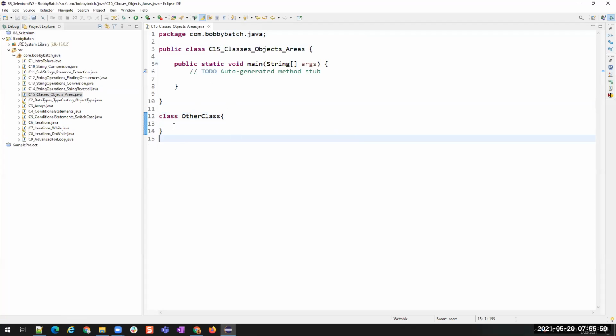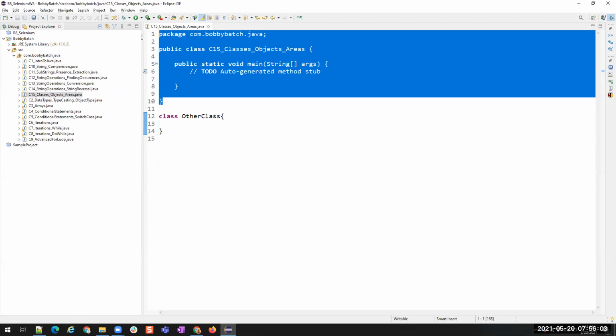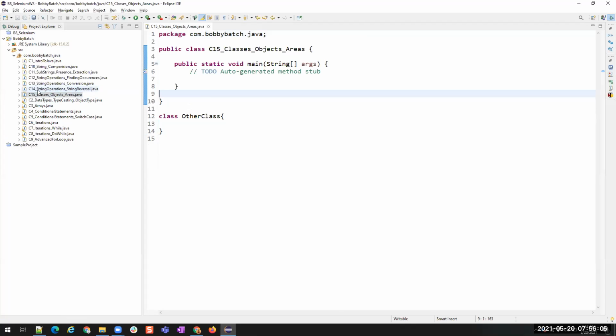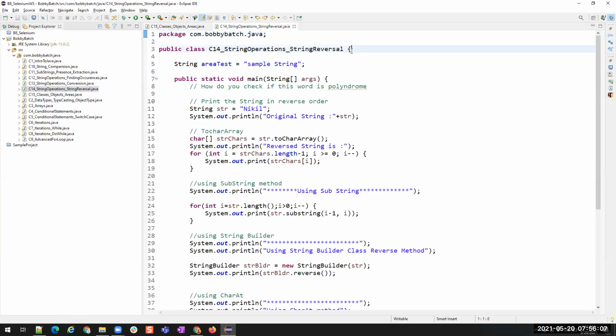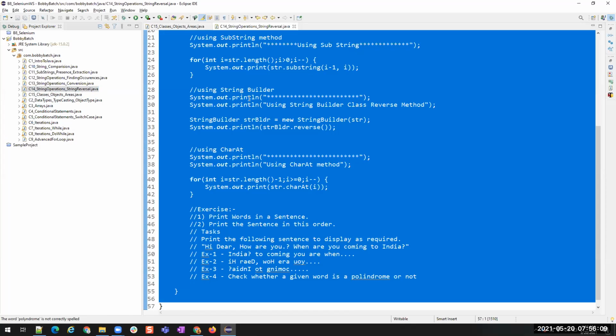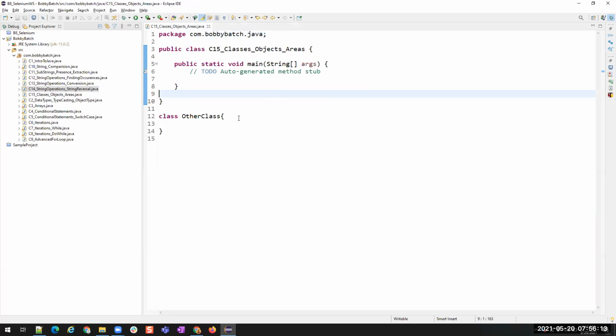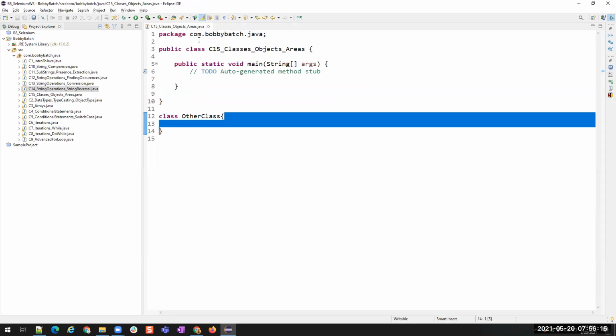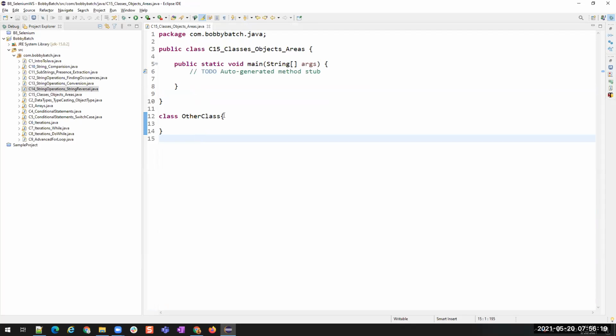Just to show you live, I'm having these two classes in the same page, but we can also think that this is also another class. This is also another class I can take, but while explaining I have to go here, there, here and there. So that is why I'm having these two classes in the same place. Okay, just to explain. Now here I'm going to create some variables.